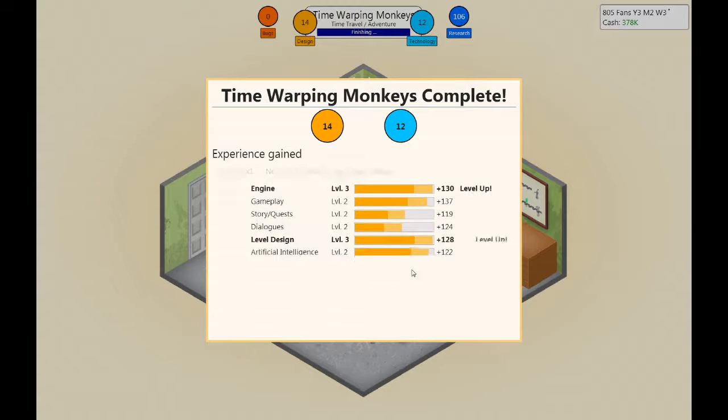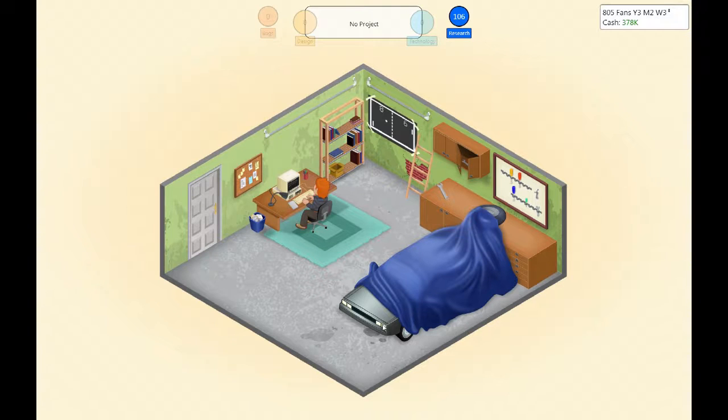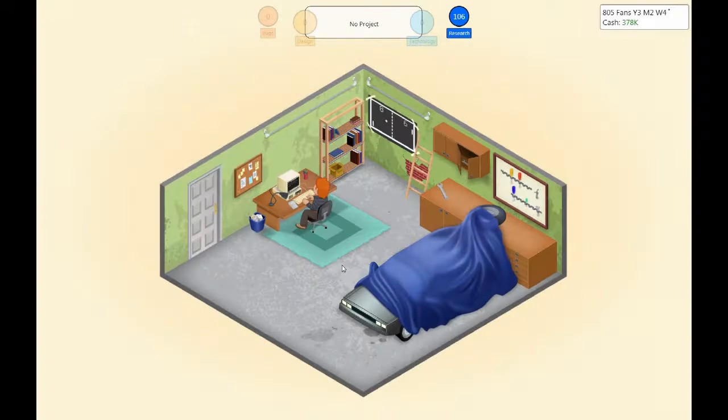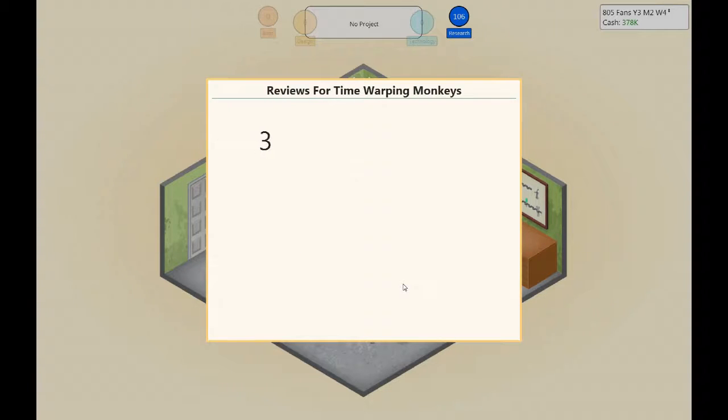Great combo. Let's release this game. Oh, really? That's nice. And I'll let you see the reviews. Oh, this is gonna be a terrible game. There's 5. That's another 5. That's a 5. So it's a total of